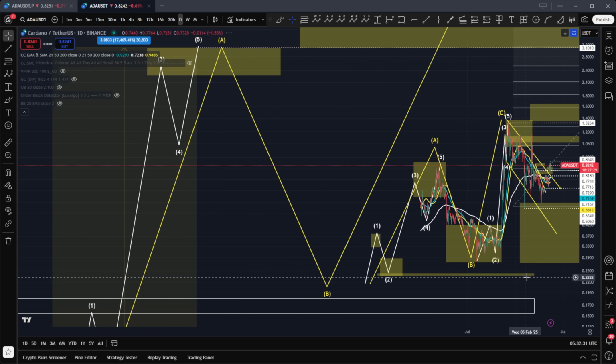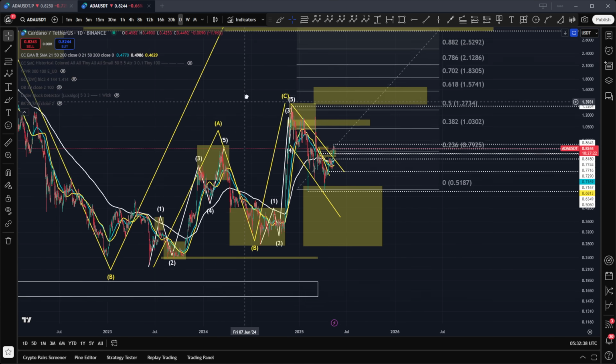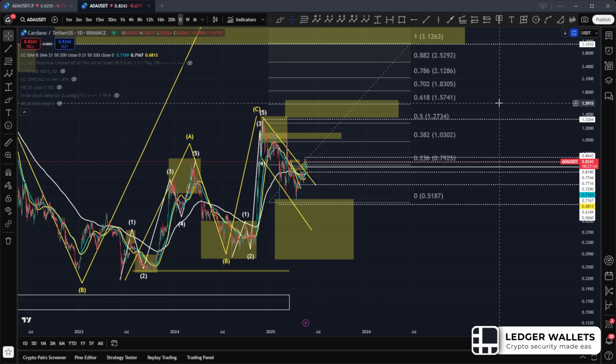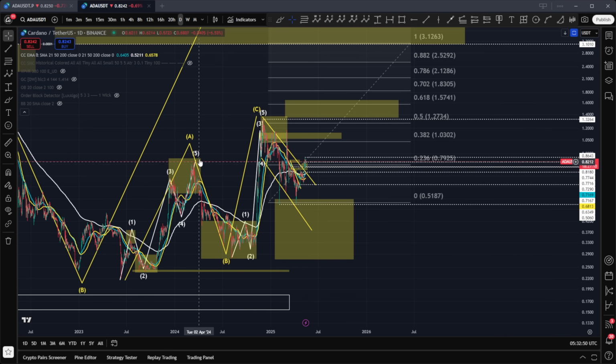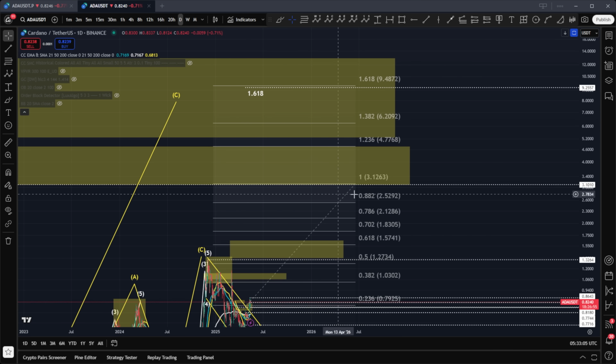If we zoom out of that, we can take stock of this bigger macro situation. We can see here that it is a three-wave move to the upside. Although I could be wrong about that, it can be nested in and we just can't see it just yet. So we could be looking for those bigger trend-based movements. But as it sits right now, it's very corrective. And what I mean by that is these three-wave patterns are short-term movements. Even if they take months on those macro timeframes, they're still communicated and documented as short-term because they're not trend-based movements. And we are still looking for some of these really good highs anyway.